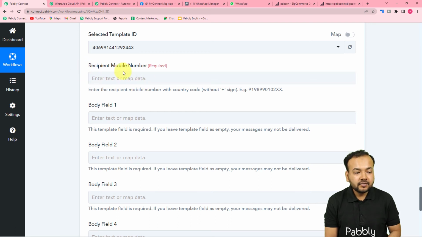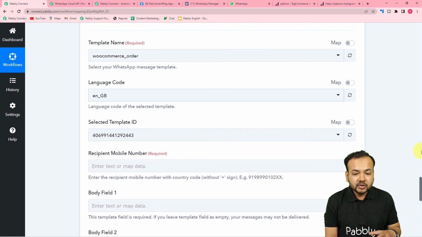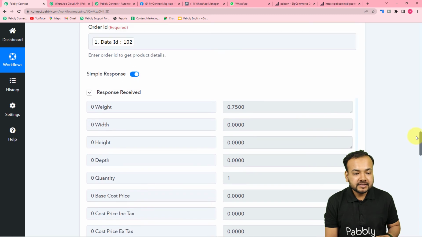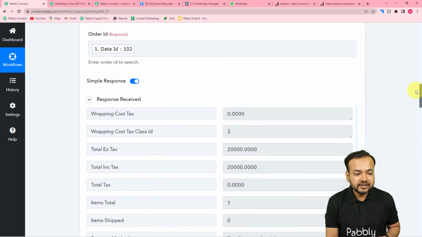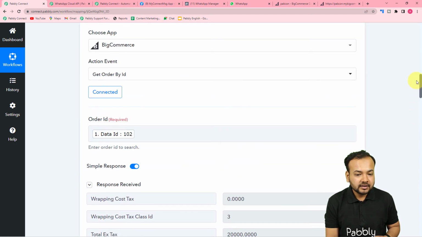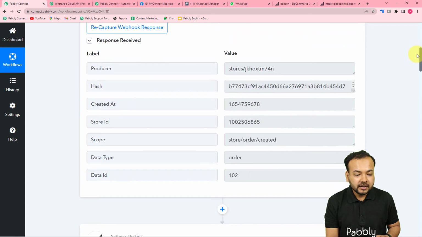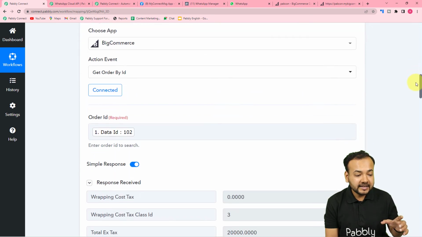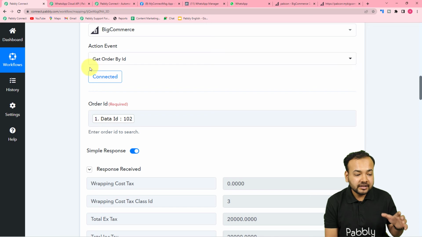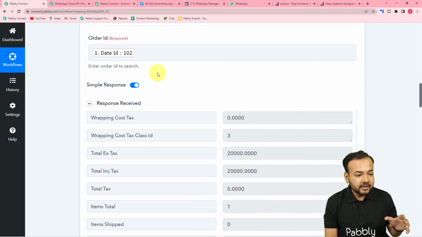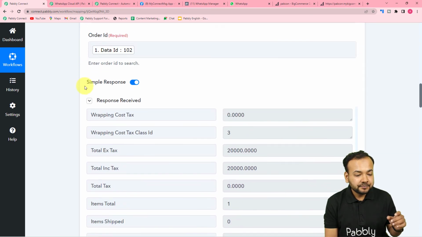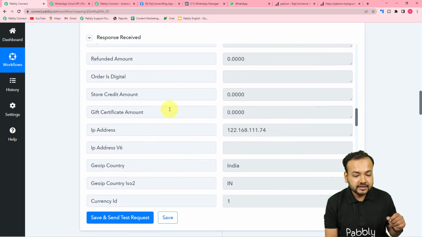And here it is asking for the recipient's mobile number or the WhatsApp number of the person to whom we are sending this message. So guys, you can see in the previous steps, here we have fetched the customer's details in the first step only. Sorry, not in the first step. In the second step, where we have retrieved the orders data by this action event, we have received the customer's details here